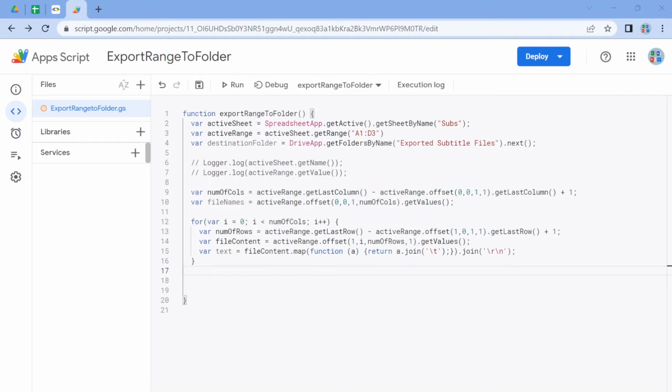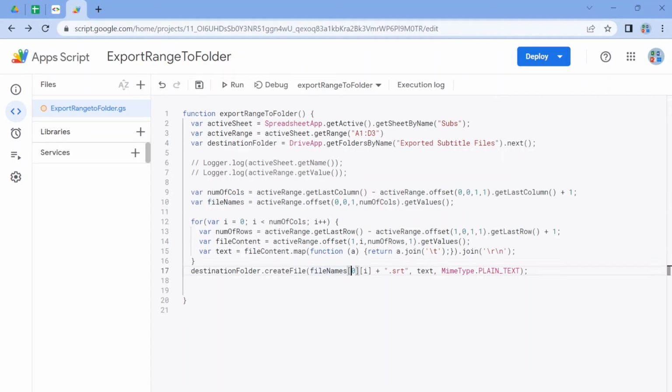Let's now write to the destination folder, and we have to also check our output files. So what is that exactly? This is the command that I'm going to be using here. With the destination folder, which I have declared up here, I'm going to create a file with the file name from the array that I have created up here.